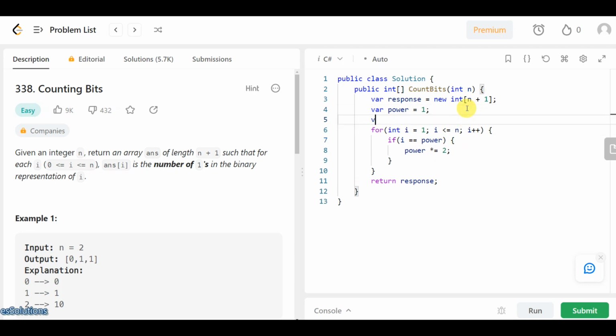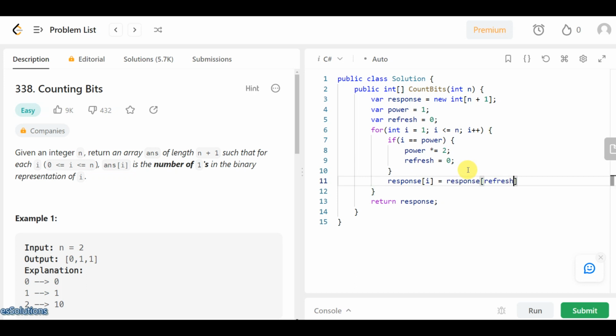So we could just have refresh. At this point, we know that refresh will be equal to 0. So what we want to do is that for each time, we just want to go through our response where we are currently, and we want to start from where our refresh is. Our refresh will be 0 at the beginning. So for example, and plus 1. I know we need to increment our refresh. So basically, here we're just saying that